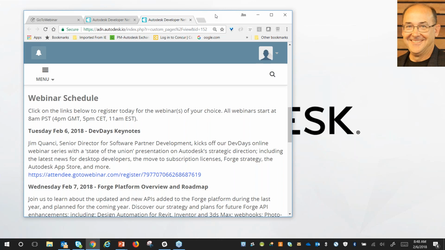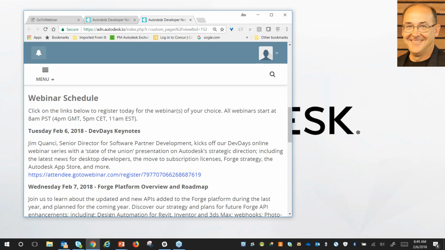We had another question, asking if design automation for Revit would support read-write of families. The short answer is yes, it will support things like family creation. This isn't like the Model Derivative API that only accepts RVT files and not RFA. Design automation for Revit is literally a headless Revit on the cloud, so any non-UI operations that you can automate in Revit should be available in design automation for Revit.